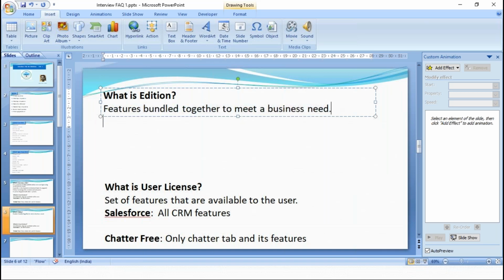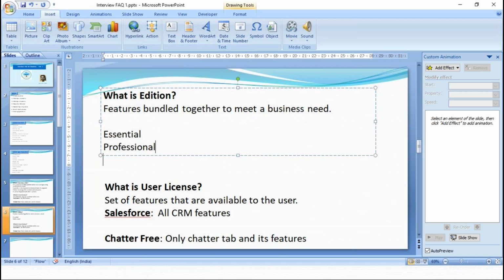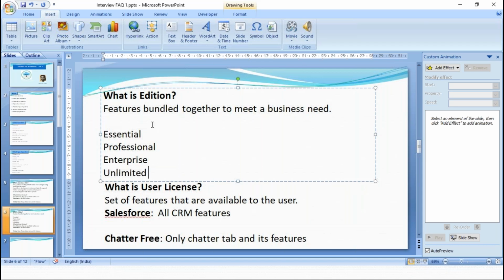You can say Sales Cloud is a kind of business. For Sales Cloud, we have the Essentials edition, Professional edition, Enterprise, and Unlimited. Each of these carries a similar look and feel, but the features are different.